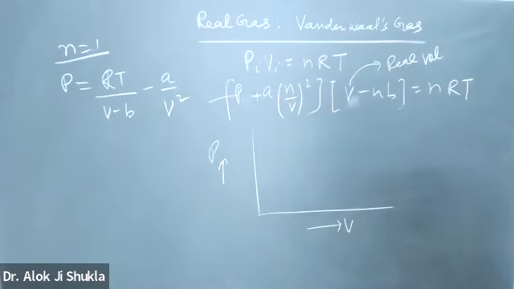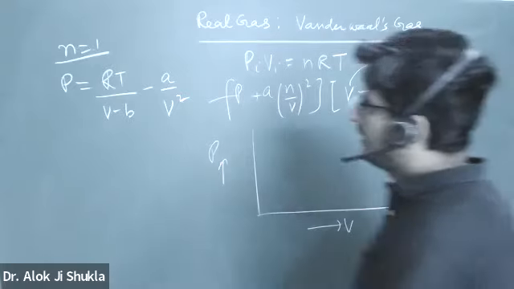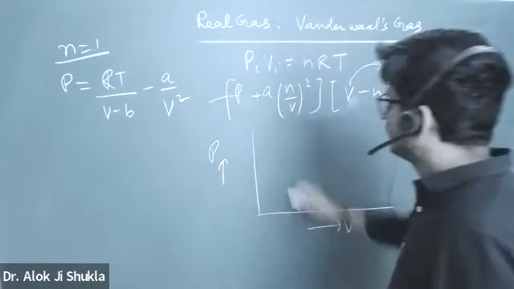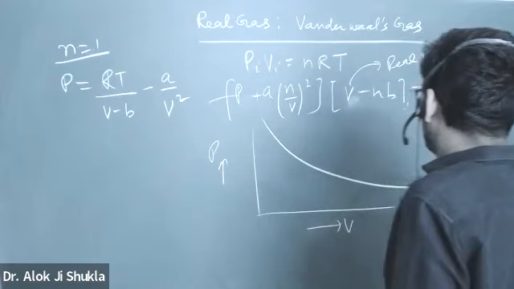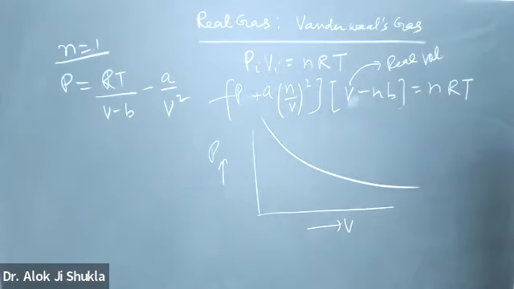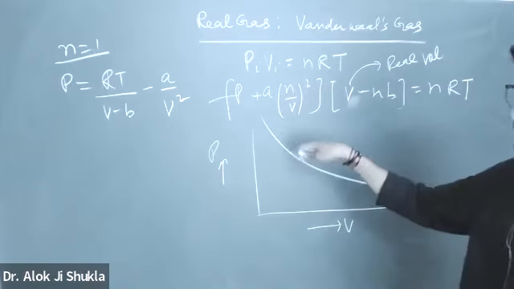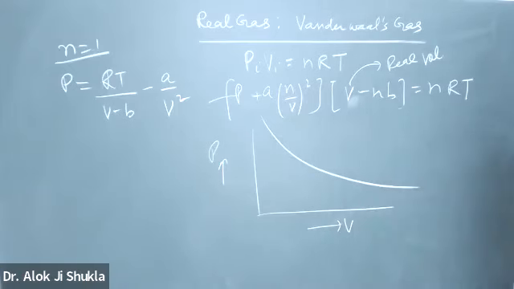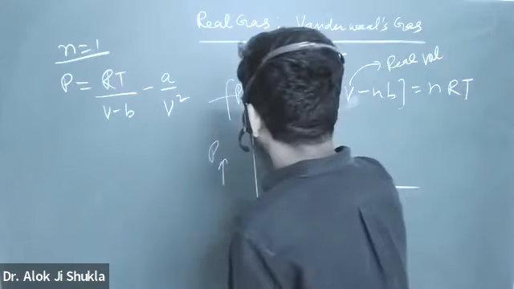Before it was P is equal to RT by V. So even right now, you will get a graph like this if temperature is very high. It will behave like an ideal gas. If temperature is constant, you will get a graph like this,